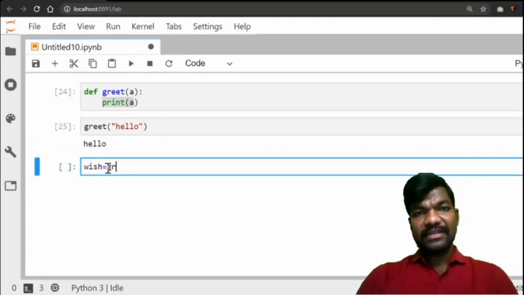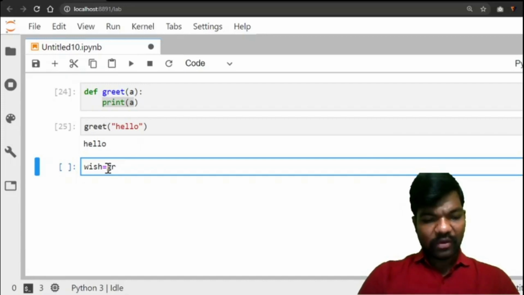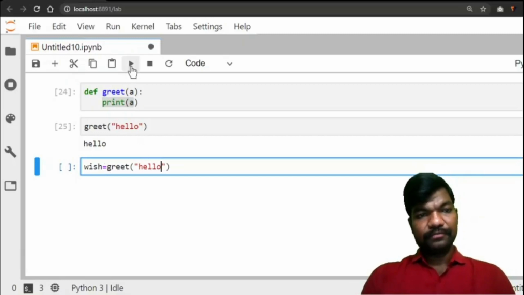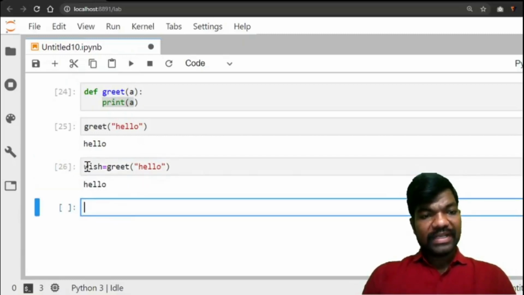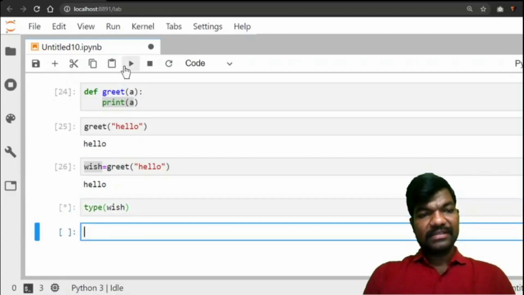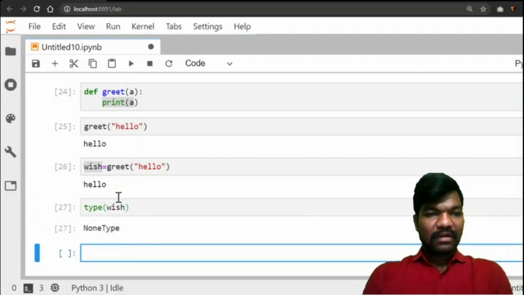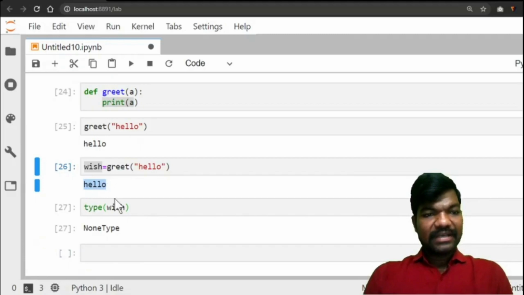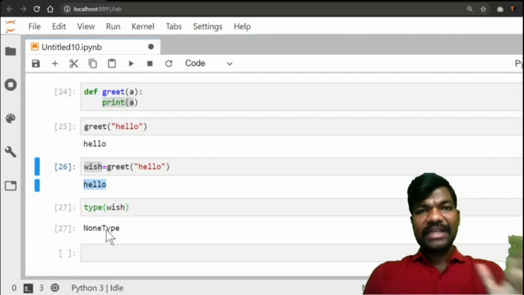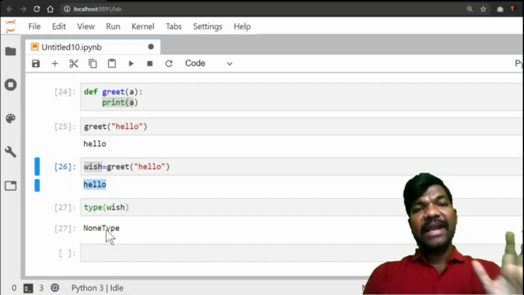Assign that result to another variable, wish equal to greet of hello. Now what is wish here? Hello. But check the type of wish: it is NoneType. Of course it is a string that was printed, but it is not returning any value. That's why the variable type is NoneType. So this is a void function. That is the difference between a fruitful function and a void function.